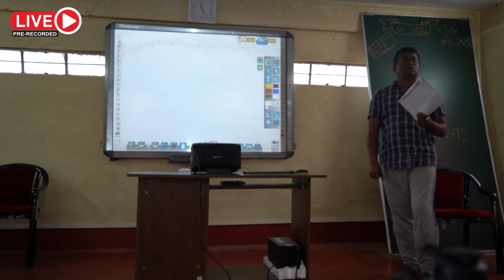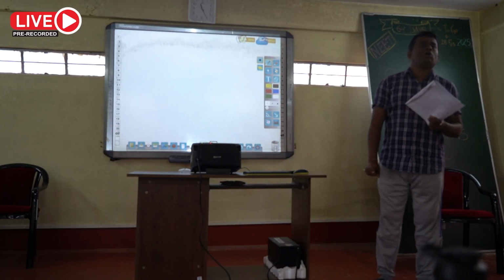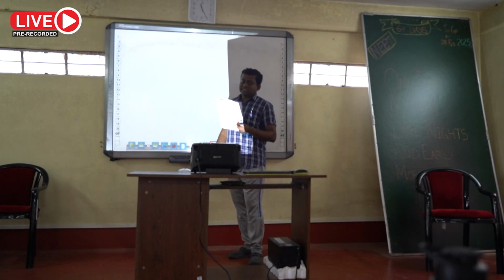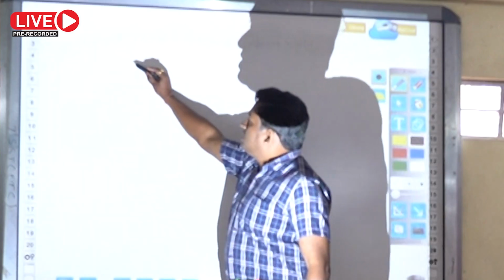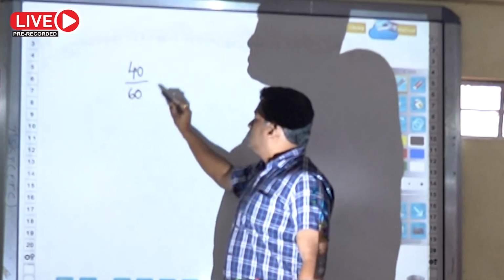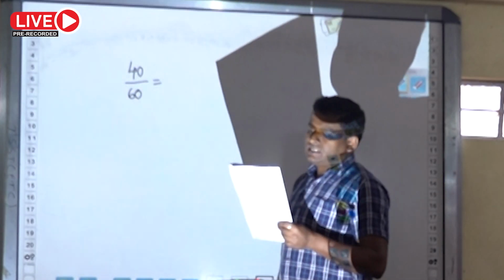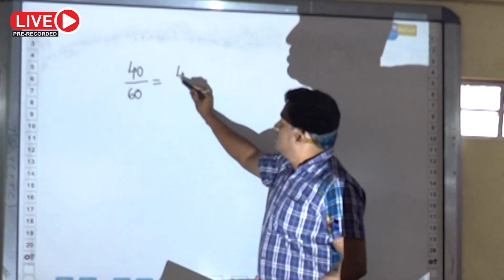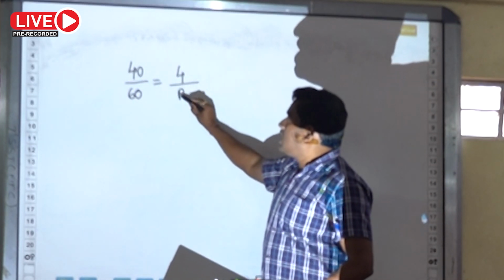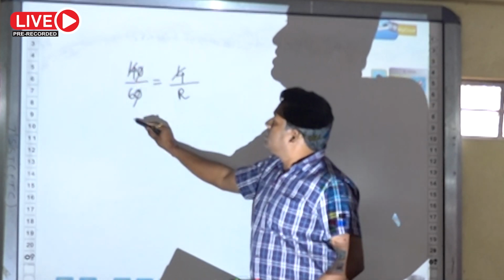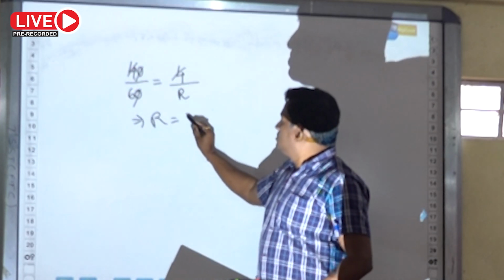Is fixed in the right gap. The resistivity of that wire you have to find out. See, the meter bridge is balanced at 40 centimeter from the left end, which means on the left side the ratio is 40 by 60. On the right side, the left resistance is given as 4 ohm, then the right resistance, say R. Then from this we can write that R equals 6 ohm,